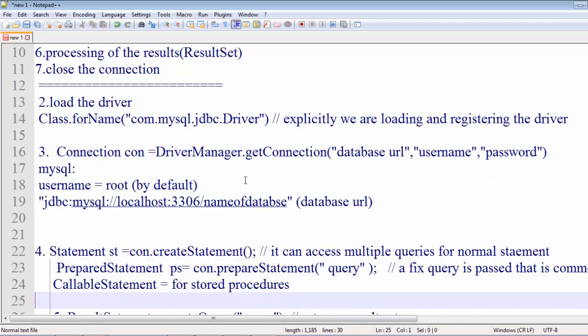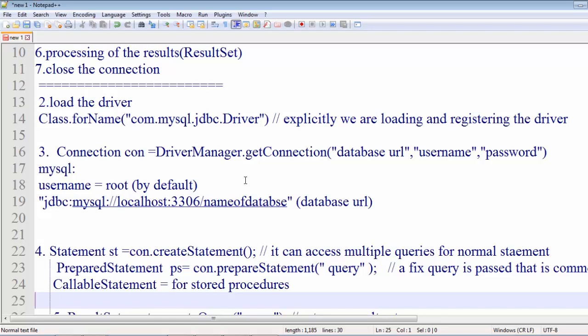Next we have to use the statement, because now we have to provide our requirements to the particular database so that the database can understand the queries. So we'll create the statement with the help of con.createStatement using the connection object. It will return a statement object that will be used to fire queries in the form of statement.execute queries. So a single object can execute multiple queries with the help of con.createStatement.